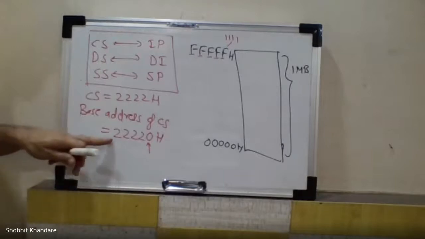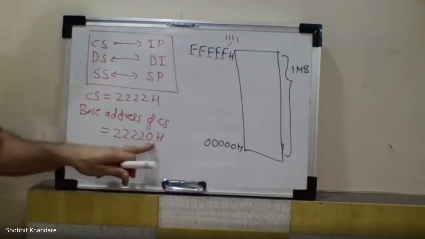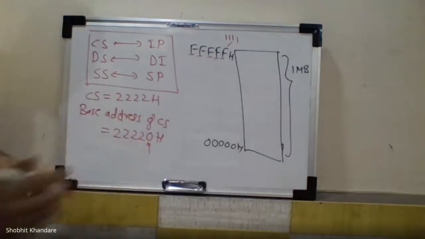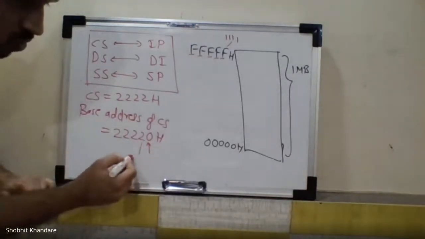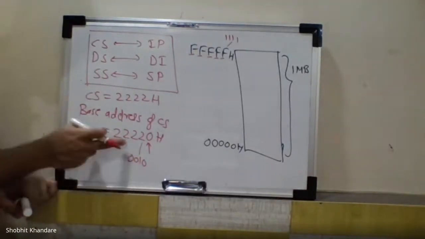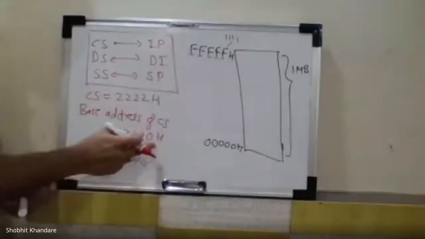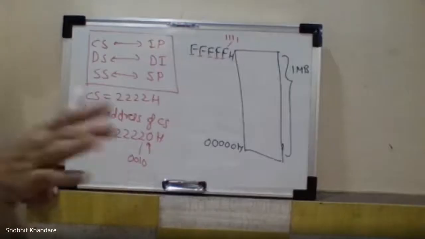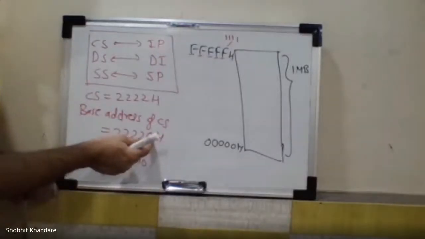Now can you see there are 5 positions? This 0 will have 4 bits, that is 0, 0, 0, 0. This 2 will be written as 0, 0, 1, 0, and each of the other 2s will also be written as 0, 0, 1, 0, so that it becomes 20 bits. The 0 is placed at the LSB. Always, the 0 will be appended at the LSB side.